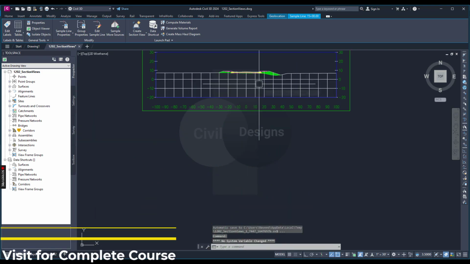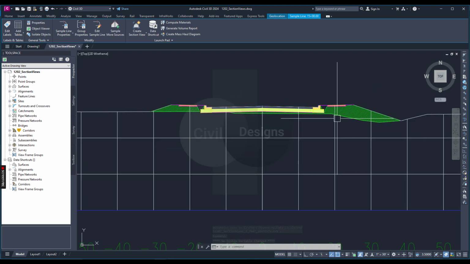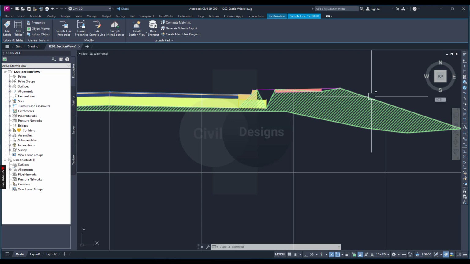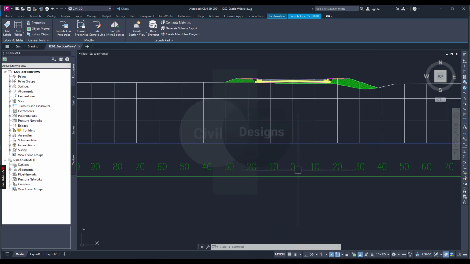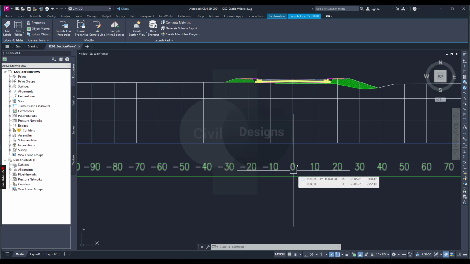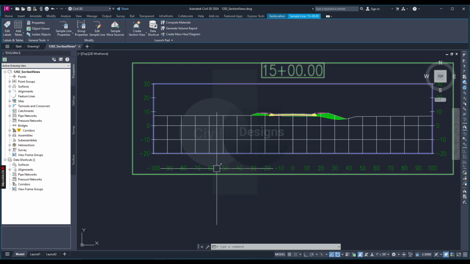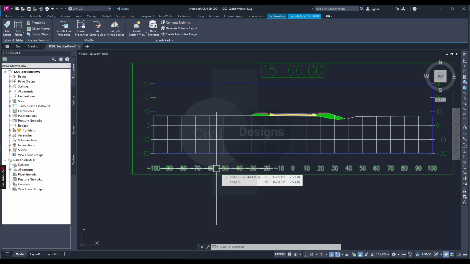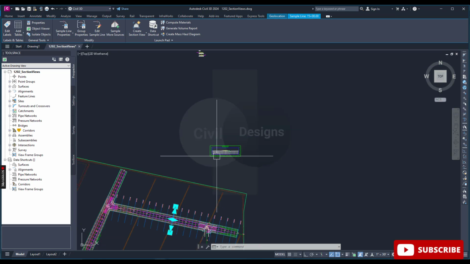Just examine your section views. Here we have a corridor section, and then we have our corridor top surface and corridor bottom surface. Then we have a 0, which is our center line of this alignment, and here we have right side, then we have a left side. So save your drawing for now, and